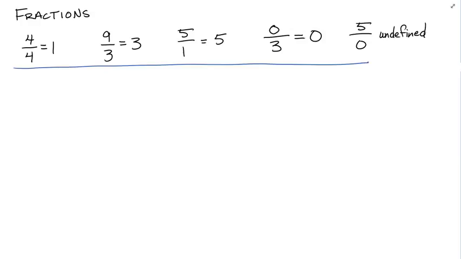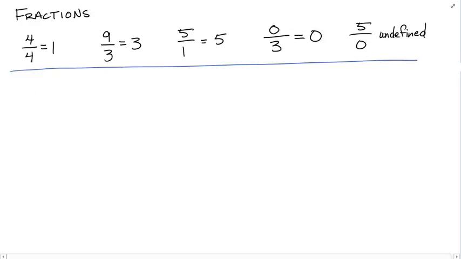Now the second thing that we think about with fractions is the idea that if I give you a fraction, say I give you 1/4, as a fraction that can be written a lot of different ways, and we know we can write it as this. It's the same as 2/8. It's equal to 2/8. Mathematically, those are the same two numbers. You can see that if you think about